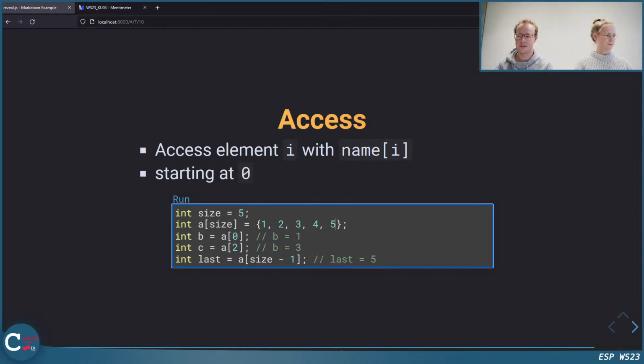Then one question was if there is some append function in C to add an element. That's just in Python. In C it will be a bit more complex to do that, but we will see that in the course. Of course there is a way to create lists with a variable number of items that you can change later, but it's not arrays when you use them like that.